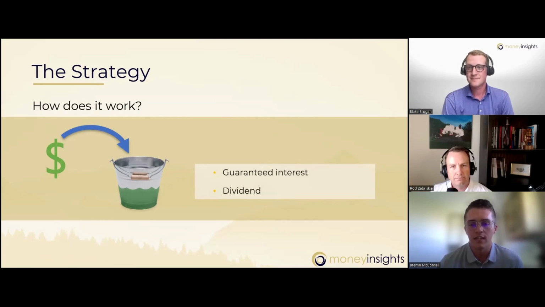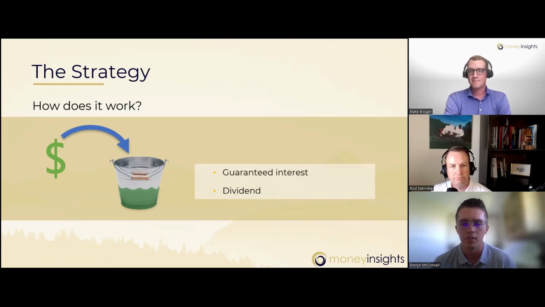The first is the guaranteed interest. Depending on the insurance company, they all have different guarantees, but it's going to be anywhere from 2% up to about 3.75%. And then because we're using mutual insurance companies, the policyholders are owners of the company. So when the insurance company profits that year, we get a dividend. The dividends aren't guaranteed. However, we only work with insurance companies that have been around for 100+ years, so for that dividend to not be there would be pretty odd or atypical. And so the guaranteed interest plus that dividend is how we're able to get up to that 5% net return